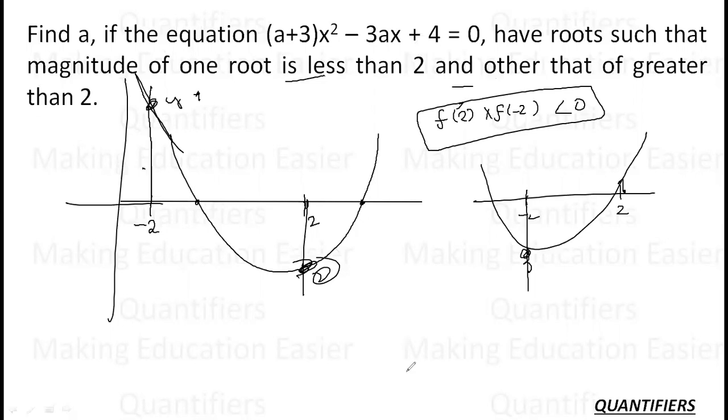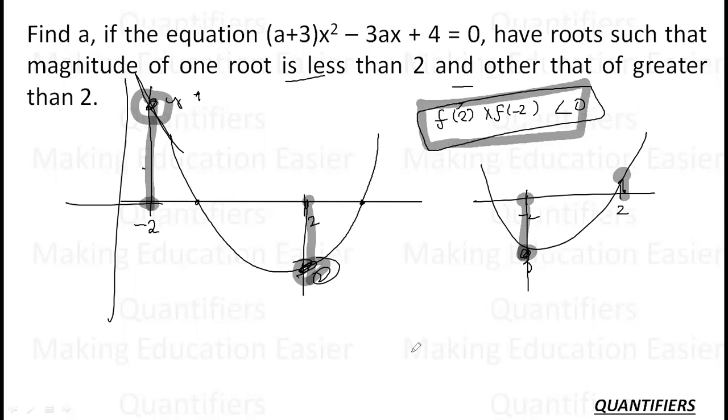ठीक है. Now I have understood this thing, and why this case is existing. I'll just repeat that at one of my roots the graph is taking a positive value. At one of my roots the graph is taking a negative value. Same here. At one of the roots the graph is taking the negative value. At one of the roots the graph is taking a positive value. So the product of these roots is less than 0, which means negative.